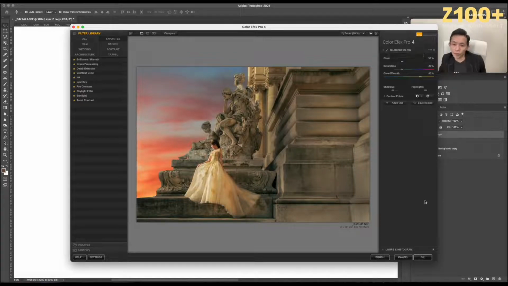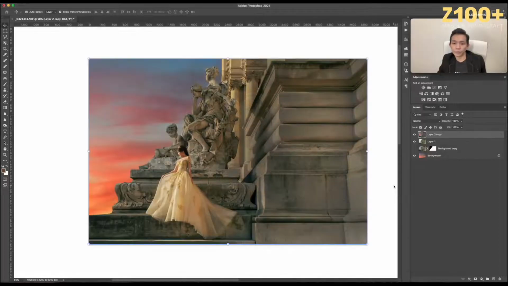and I like the softness. Okay, it's not too soft and blurry, but soft and sharp. So this is why I love it. And click OK. Alright, so now you have the color better, right? Better color now. So what I'm going to do here is, okay, I want to bring